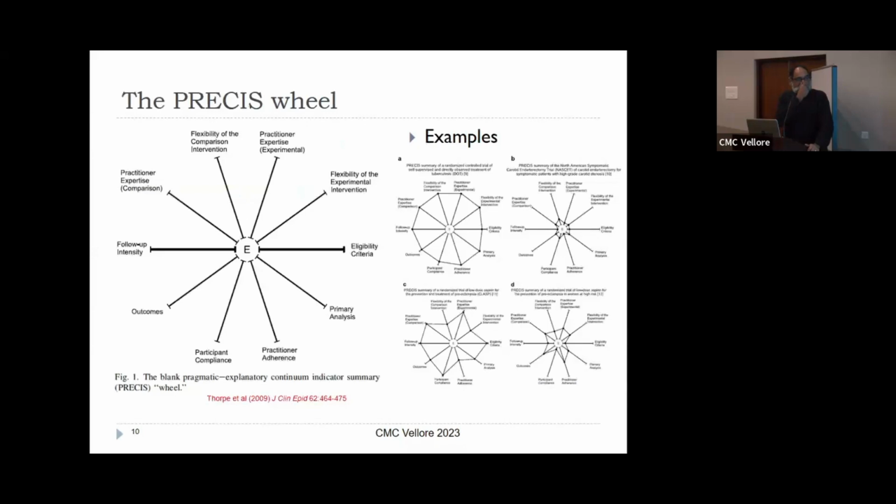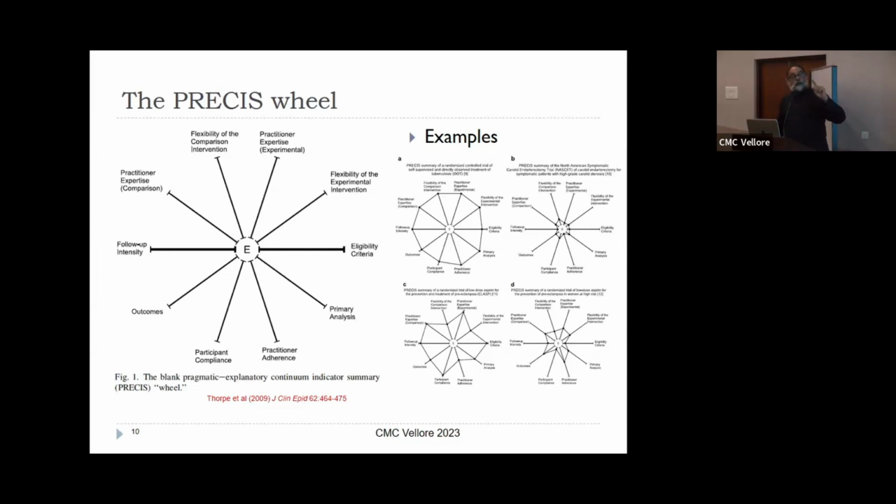So this is an idea that was proposed maybe about 14 years ago, and that is PRECIS. It's an acronym. People love acronyms, but they made it. It's Pragmatic, Explanatory, Continuum, Indicator, Summary. But it's also what the Swedish language has as an accuracy word. And so what it says is, you should look at your trial